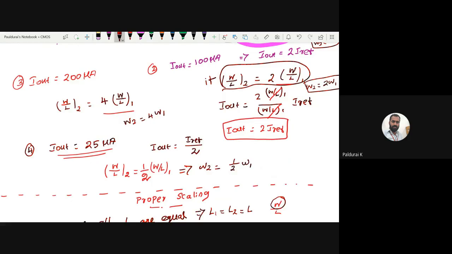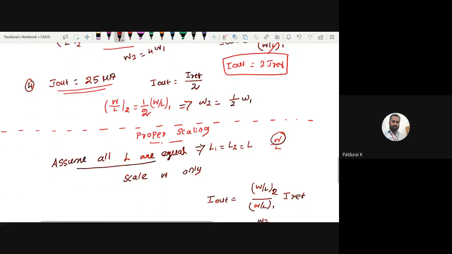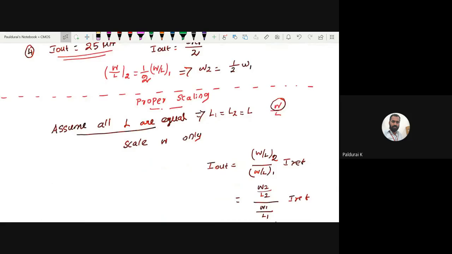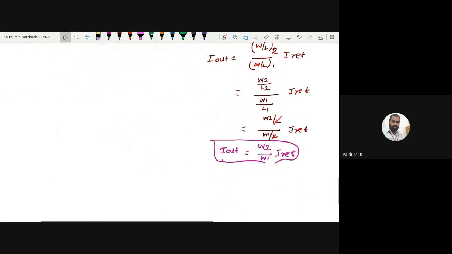You cannot play with length, you can play with width. That is the proper scaling method. So this is one way. So here my aim is